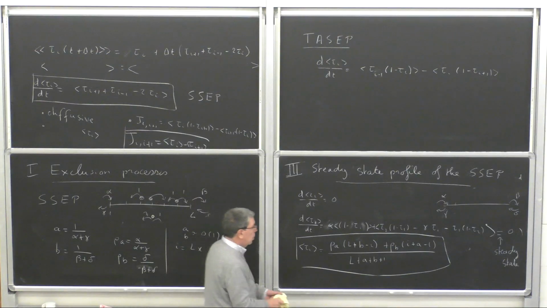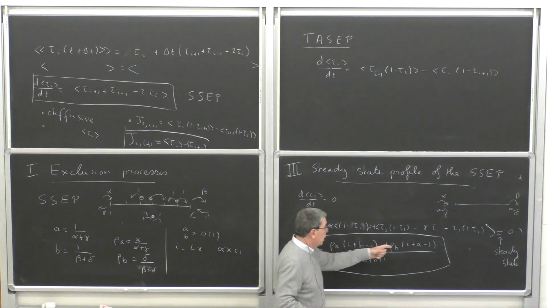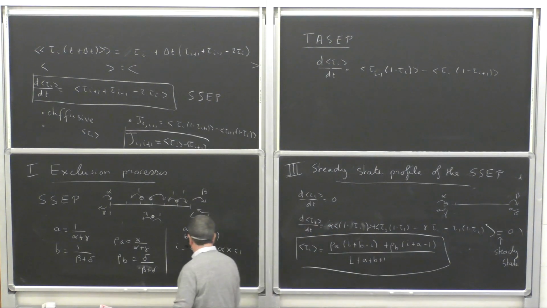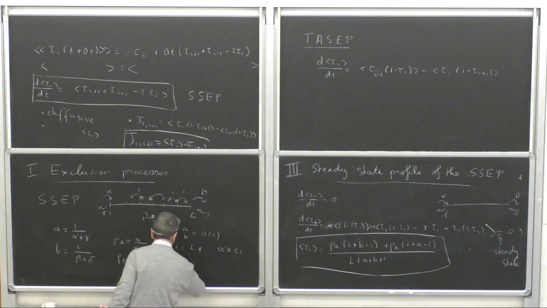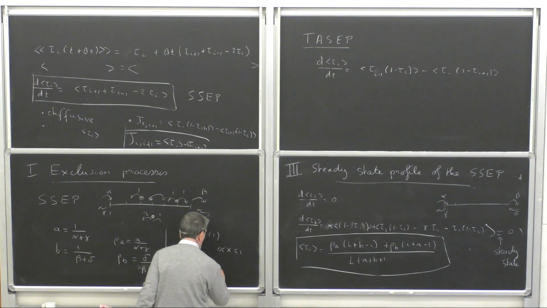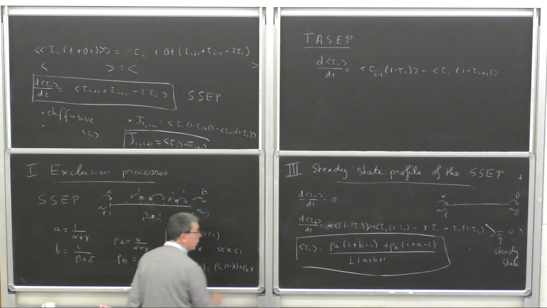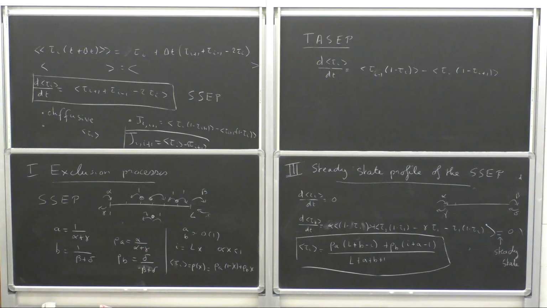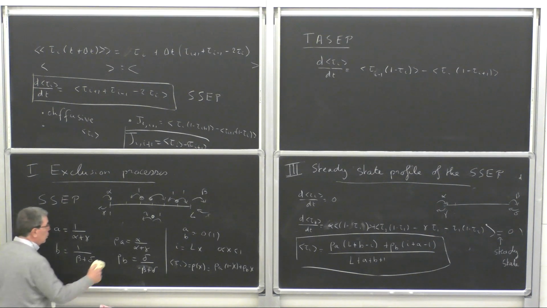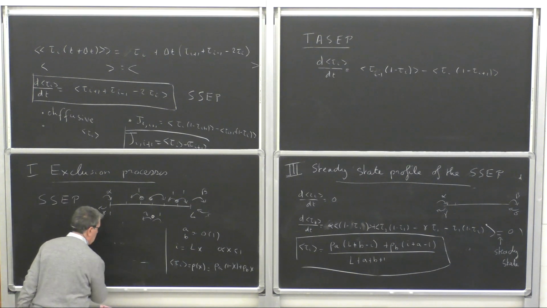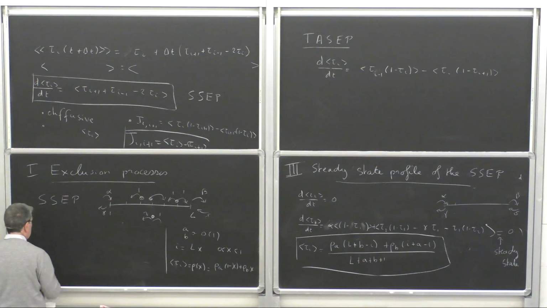If B and A are of order 1, for large L, I get that τ_i, which I want to call ρ(x), will be ρ_A(1 − x) + ρ_B x. So I get a linear profile, and I get also that the current